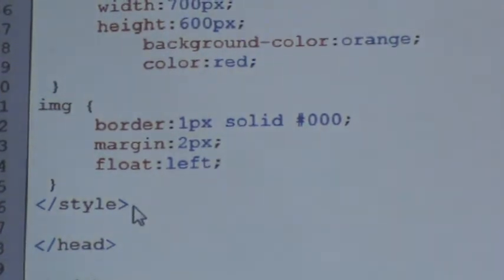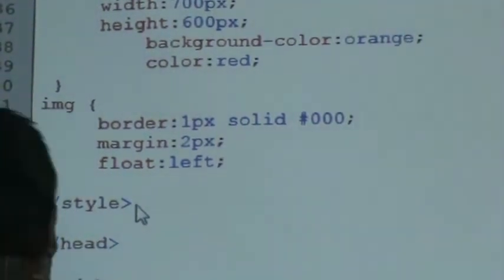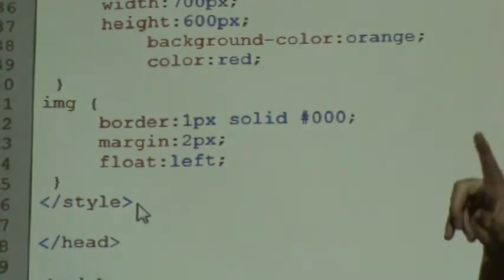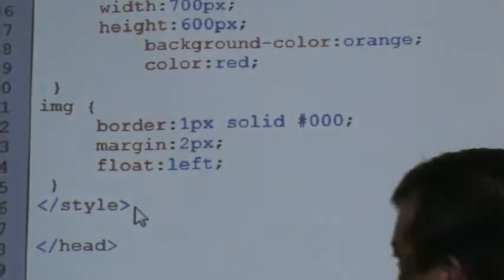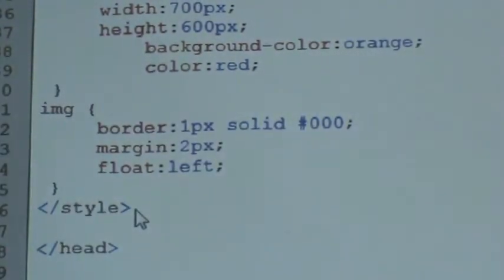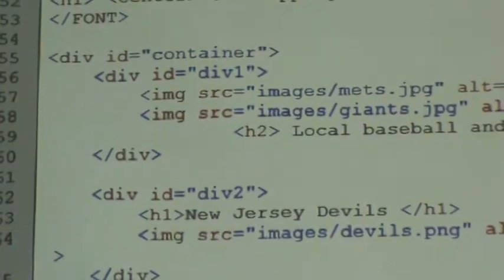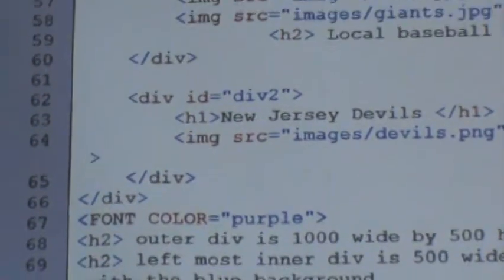That's the end of the style sheet right here. And just like example 3, I could have taken the style sheet and thrown it into a different file and called it .css and then included it, but I left it all in one. So now we're ready to begin our web page, and our web page says,